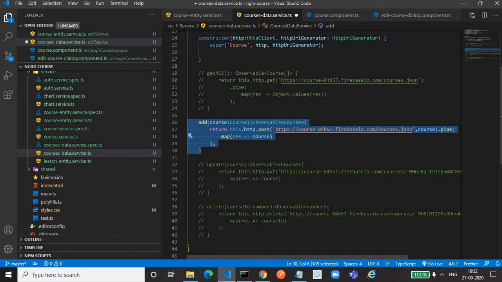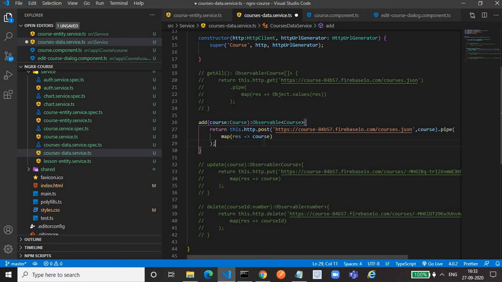Here add takes a parameter which is a course entity, and it will return an observable of course entity. We will call our post method with our own URL and provide the entity. Then we have to return the same entity, so we are returning it using the map operator.